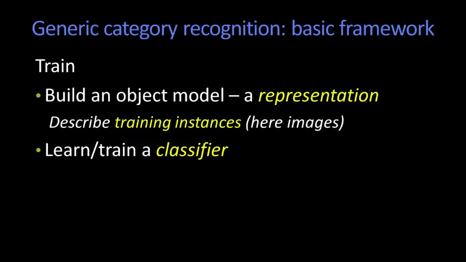There are essentially two parts to building a discriminative system. We have to build an object model that is a representation of each of the training instances. And here we're going to be talking